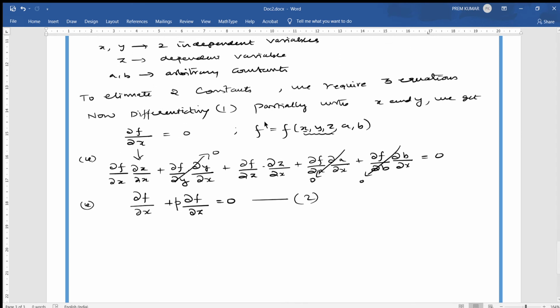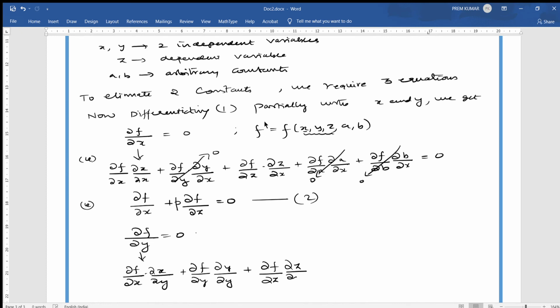That is, we differentiated one partially with respect to x. Now the same way you differentiate one partially with respect to y. If you differentiate one partially with respect to y, we get dou f by dou y equals 0. So do the same for this one also. What are the variables this f depends on? X, y, z, a, b. In that order you can go. First you differentiate f with respect to x, and this x with respect to y, plus dou f by dou y, and y again differentiated with respect to y. This becomes 1, plus dou f by dou z into dou z by dou y, plus dou f by dou a into dou a by dou y, plus dou f by dou b into dou b by dou y